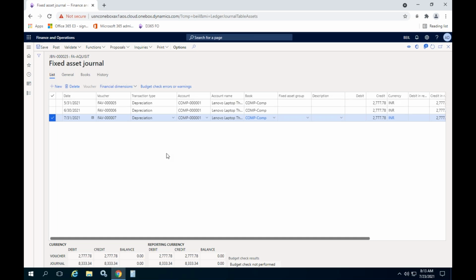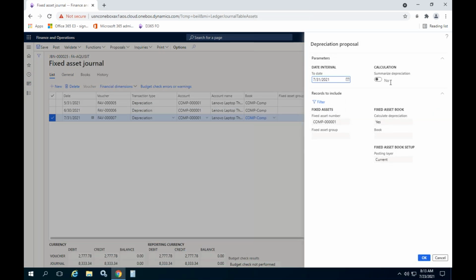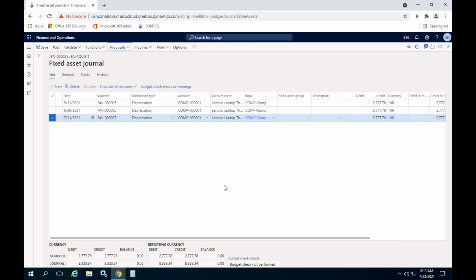In case you want to summarize the entire depreciation in a single line, if you don't want to post it as multiple lines, you can click this checkbox, summarize depreciation, so that all three lines will become one line with the given amount. But normally companies don't summarize it,